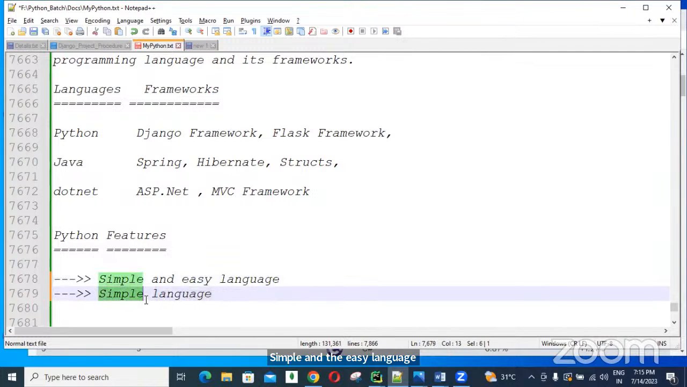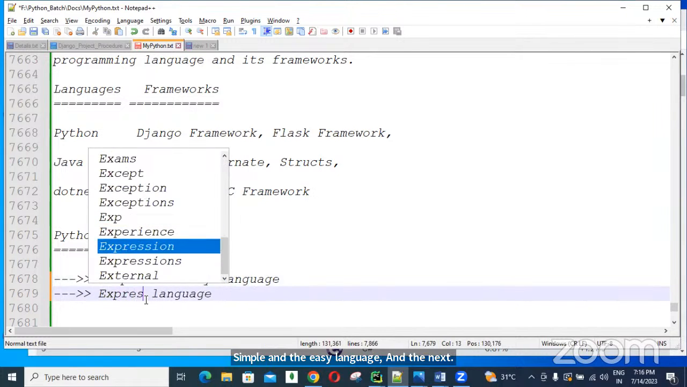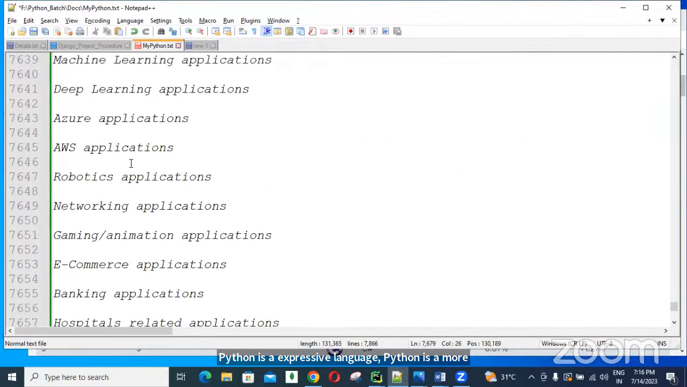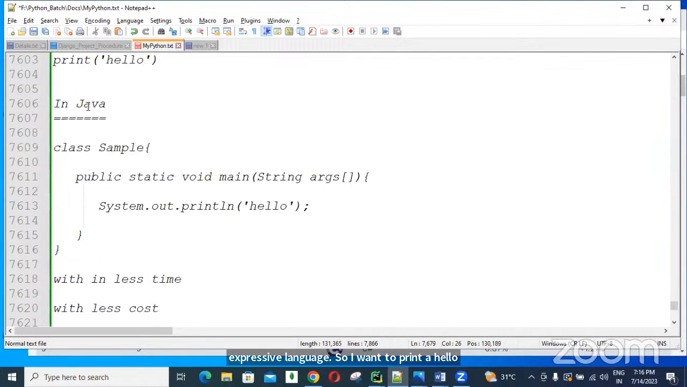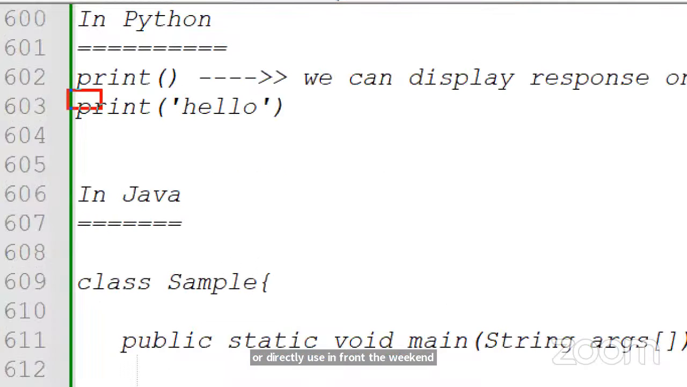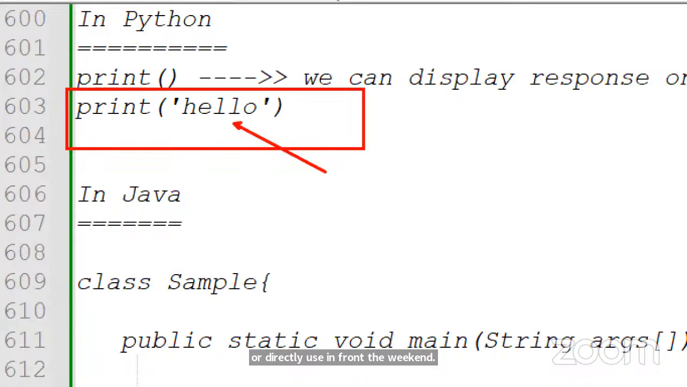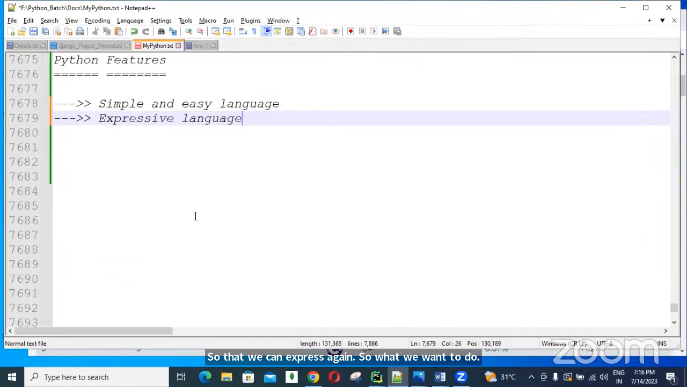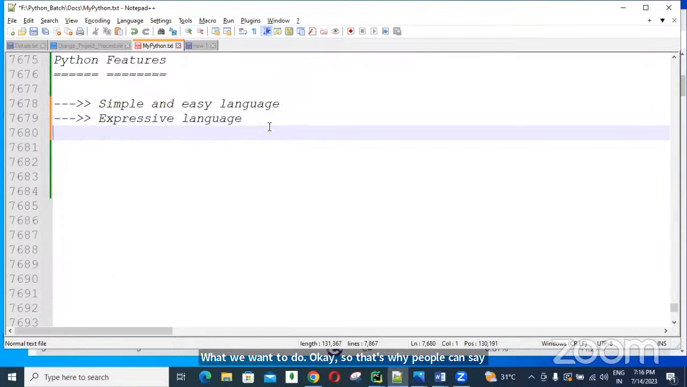And the next, Python is an expressive language, guys. Python is a more expressive language. So if I want to print hello, directly using print, we can print. We can directly express, guys, what we want to do. That's why people say Python is an expressive language. Directly we can express. Okay. Next,